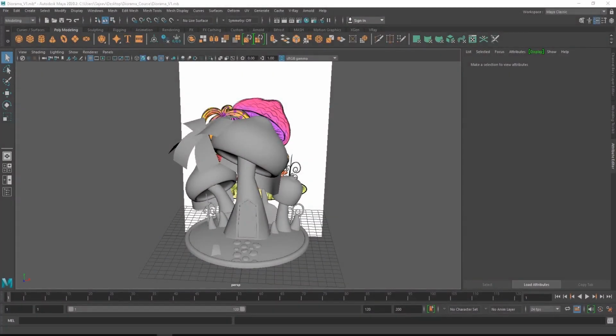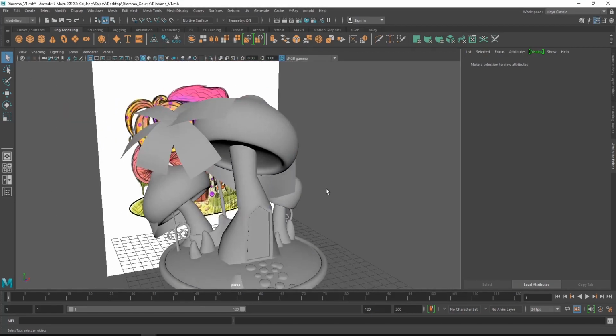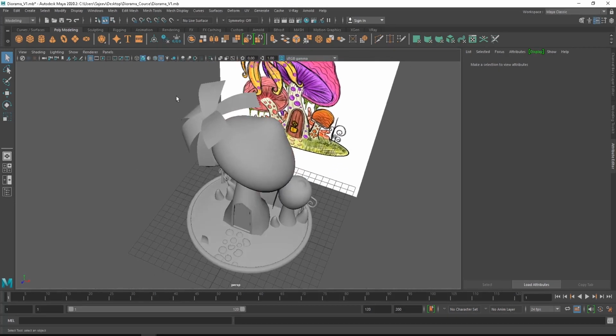Hi guys, welcome back. Now that we have completed the entire modeling and the texture painting process, we have to look into the shading as well as the rendering in Maya. So here I have the entire model, which is ready for the texturing process. Before we get into that, you have to make sure that every single one of these models has a